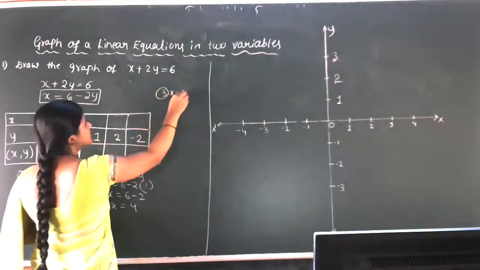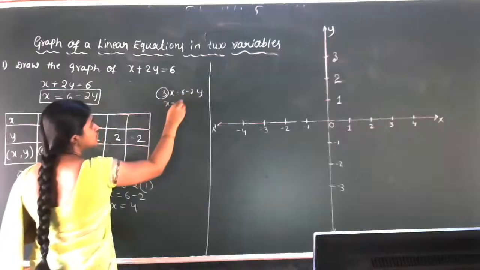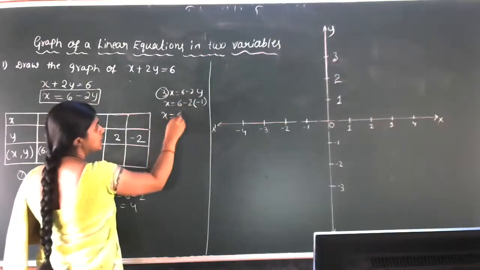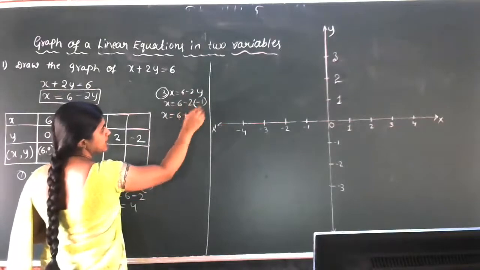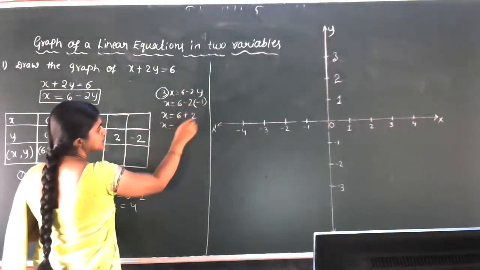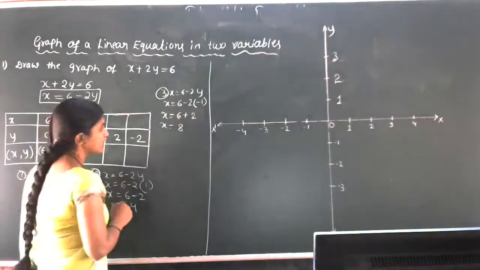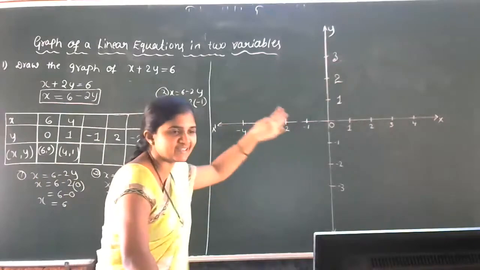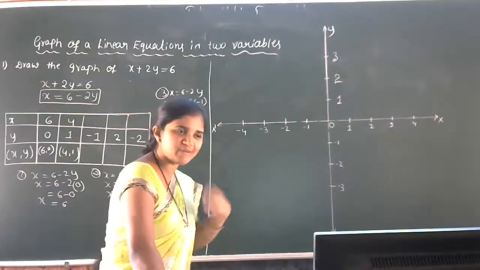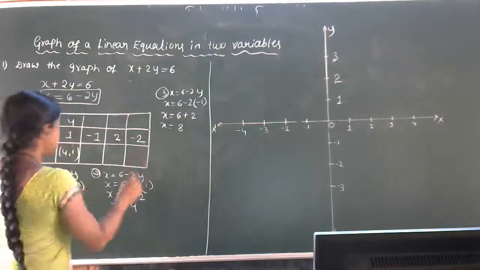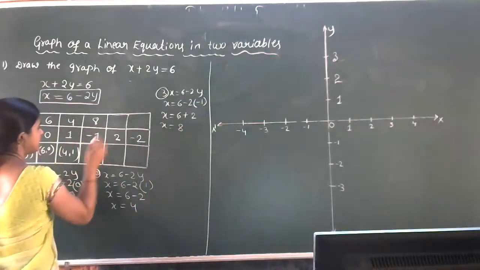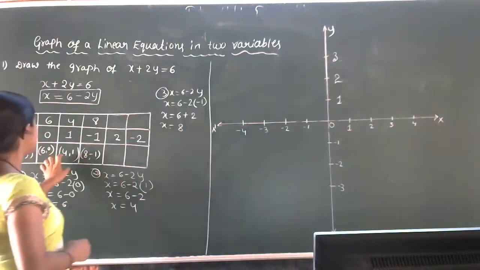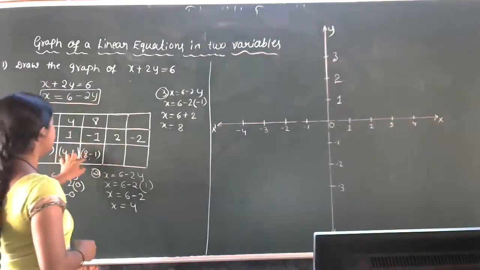x is equal to 6 minus 2y. x is equal to 6 minus 2 into minus 1, we have to substitute. x is equal to 6 minus into minus, plus 2. So x is equal to 6 plus 2, which comes to 8. So actually we have to think, 8 comes, no. Here we will not get 8 in our Cartesian plane. So if you are solving on graph paper, okay, not a problem. We'll work out the solution, but later we'll take only a few solutions. Okay, 6 comma 0, then 4 comma 1, then 8 comma minus 1.